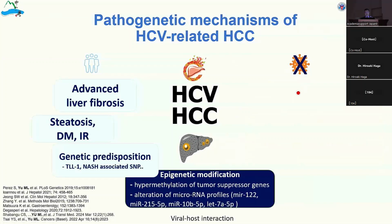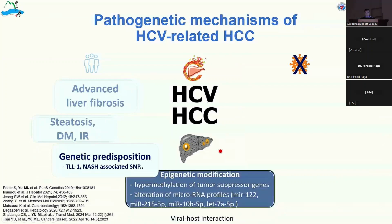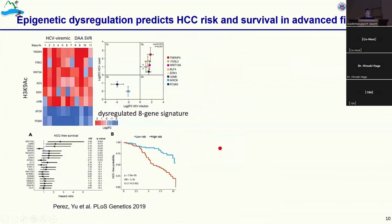So if we eradicate the virus, we can remove the risk factors, and you might have a partial reversal of advanced fibrosis and insulin resistance, and we might reverse the epigenetic modification caused by the loss of viral-host interaction. But interestingly, in our collaboration with Professor Gail Tanami at Bar-Ilan University in Israel, we found that HCV infection leads to histone 3 acetylation at lysine 9, and this epigenetic modification reprograms downstream gene expression, and the dysregulated aging signature was associated with high risk of hepatocellular carcinoma